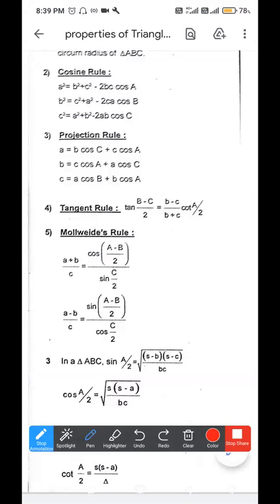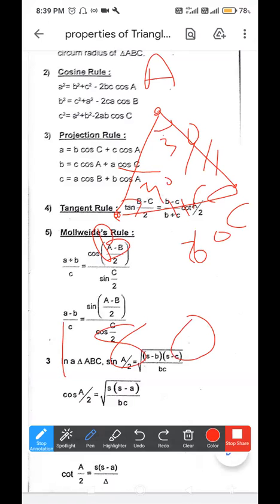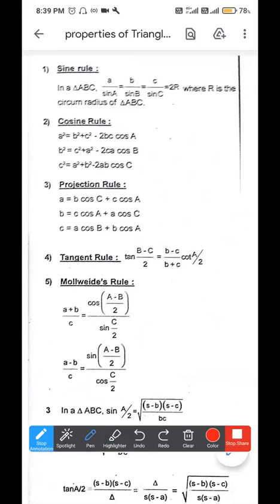In properties of triangles, what are we talking about? Properties of triangles. So this is triangle ABC. These are your vertices and these are your sides of a triangle. These are the three sides of a triangle, and each vertex has an angle. It could be 30 degrees, 40 degrees, and 60 degrees. But the total of all the angles, angle A plus angle B plus angle C, will be 180 degrees. Clear? Angle A plus angle B plus angle C will be 180 degrees.